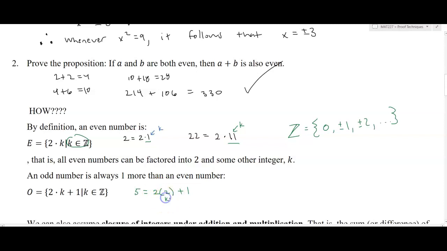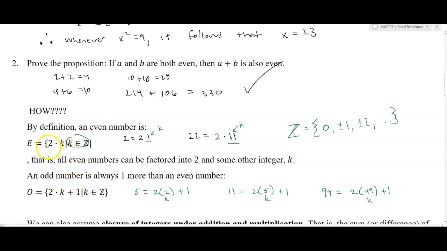So here is my value of k. If I write 11 as 2 times 2 times 5 plus 1, that gives me 11, and you can see that k is 5 in this case. 99 is equal to, let's see, if I subtract 1 from that, that's 98 divided by 2, so it's 2 times 49 plus 1. And again, k is just some integer, which is going to vary from odd number to odd number.